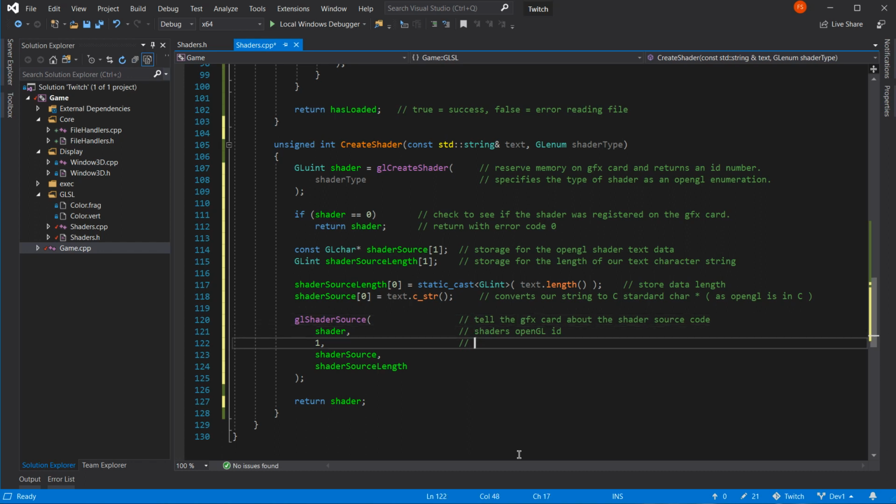One. How many sources of data? One shader, one source. We'll do one at once, thank you.